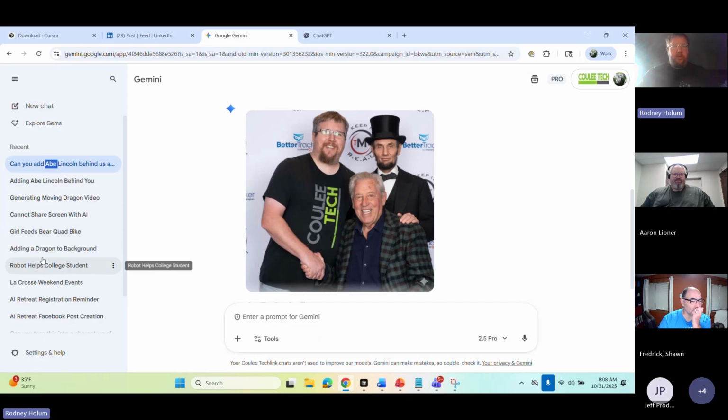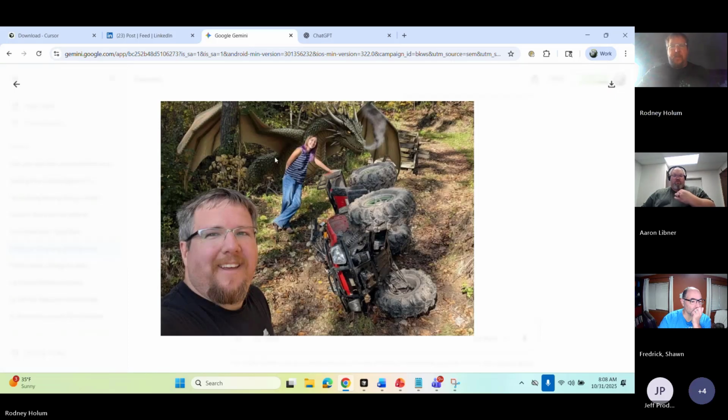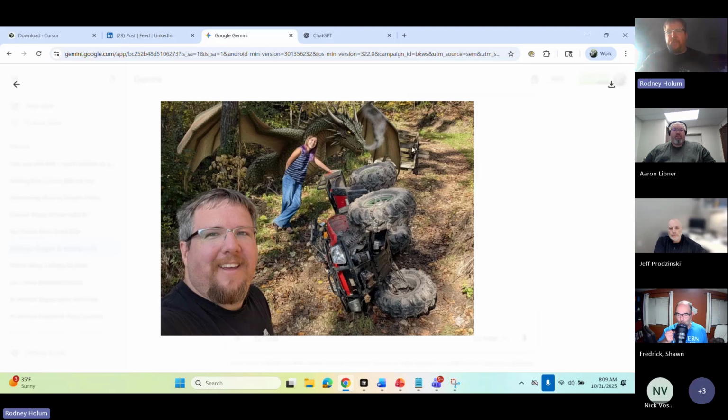And one of the big things I thought was from a progress perspective, and we can use this in marketing, is that if you look, the wing is behind this tree here. It's in front of the dock. It's behind the four-wheeler of my daughter. So it understands the depth of the image and the objects inside of it and inserts the objects right inside from that perspective. So that's pretty impressive. It's self-cut out. Normally if you do any of this stuff, you can see a little white line. If you've ever done any image generation on your own, you'd have to cut this out or bring this forward, and it did a really good job on that.